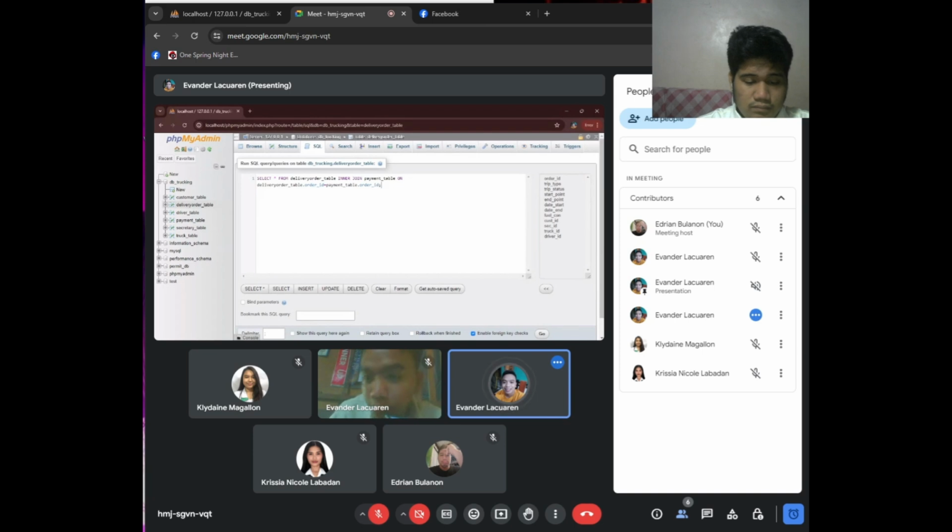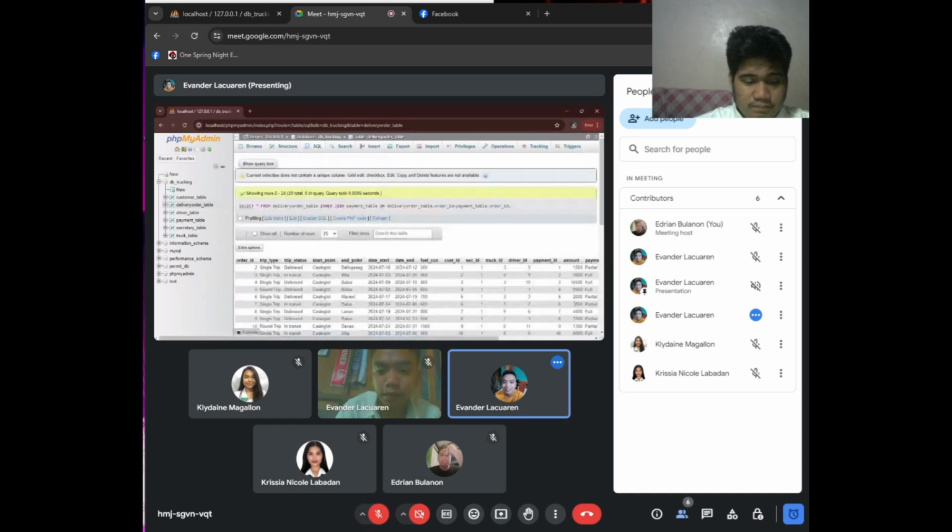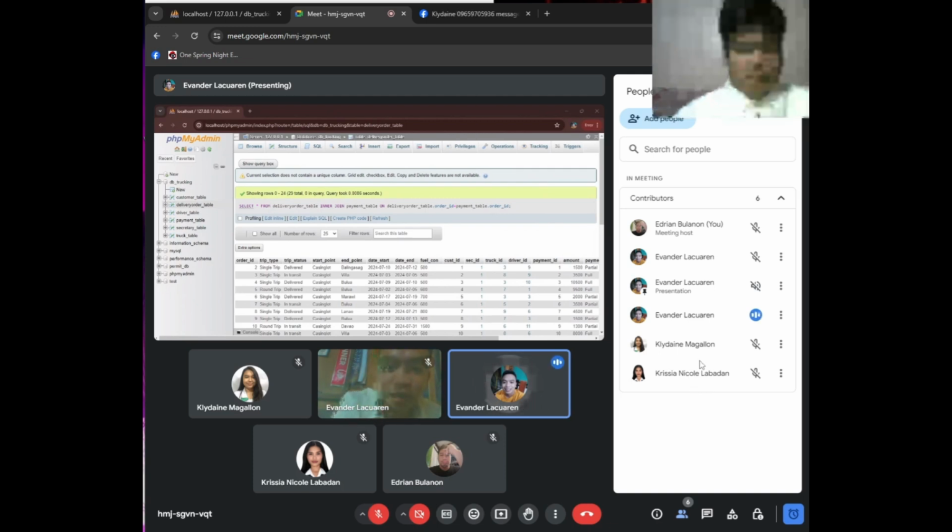This is the result. The results will be a combined data set containing rows where the order ID values in both tables match. If you need to select specific columns, you can modify the select clause to list those columns explicitly. This will select only the specified columns from the joined tables. That's all. Thank you.